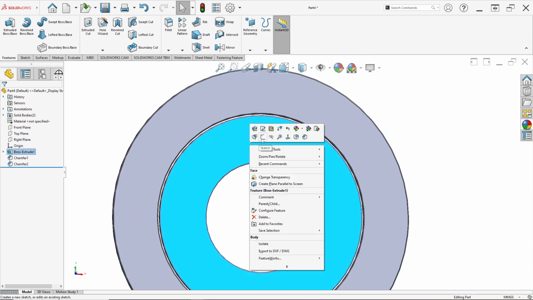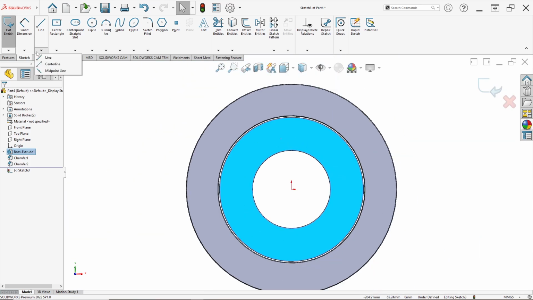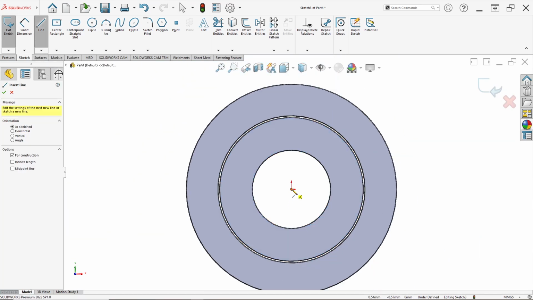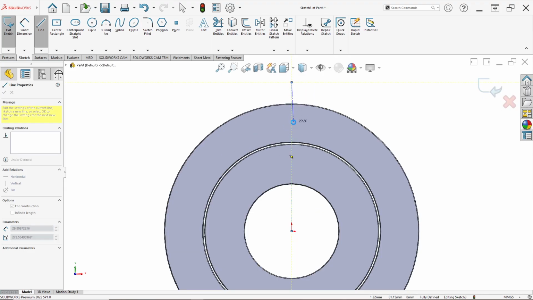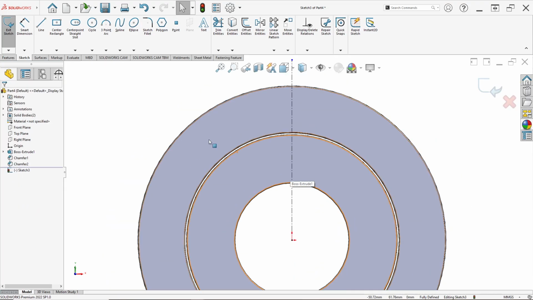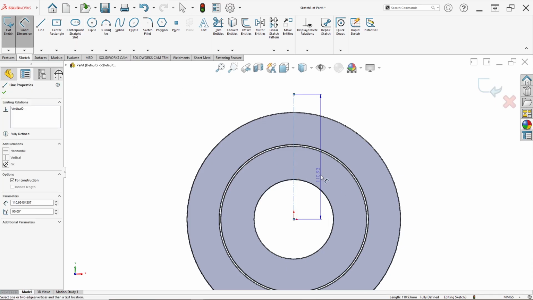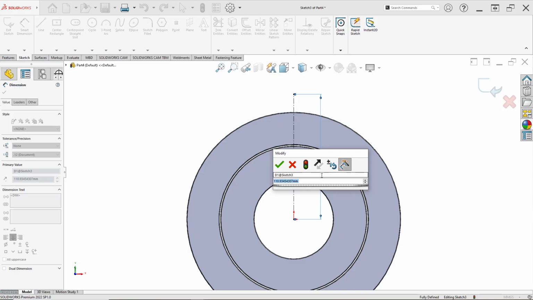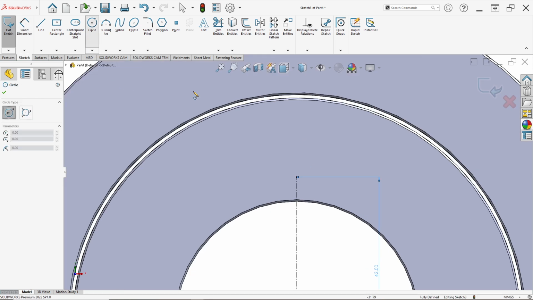Then click this face, right click and click sketch. In here, draw center line to the top in here like this. And set for dimension, the center line in here I set in 42 millimeter and make circle from this point.